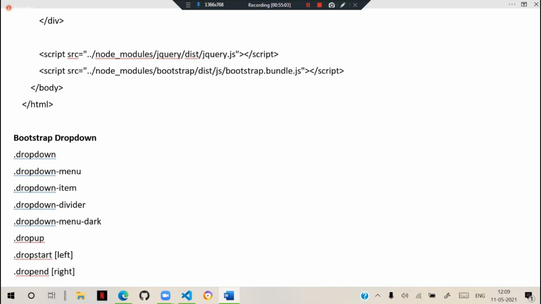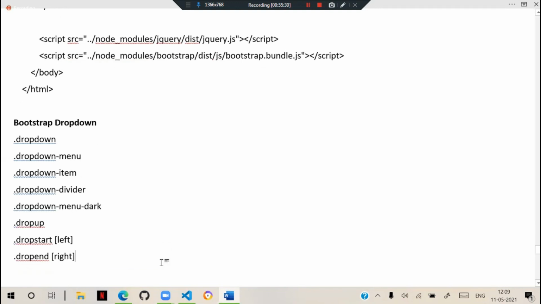So dropstart and dropend are the options recently changed for the contents display; earlier we used to have dropleft and dropright. The advantage is that now you can keep images and combinations inside them and configure them. That is the basic approach we need to know here.